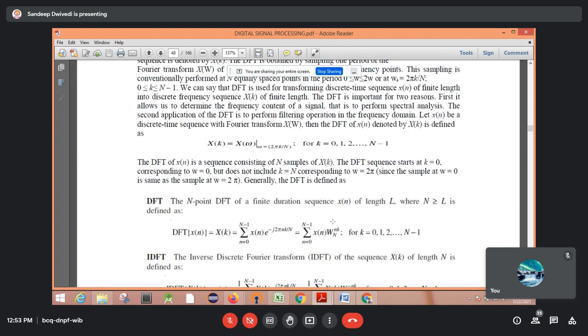So how can you write these things in a matrix form? See here, basically this capital X is your DFT. And then the Twiddle factor matrix is shown by W, the Twiddle factor matrix into small x. Small x is the input sequence. Like this it can be written in a matrix form. Here this is the output, meaning the DFT of the signal. This is the input; this small x will be given. 4 points or 2 points or 8 points will be given, that input sequence will be given.